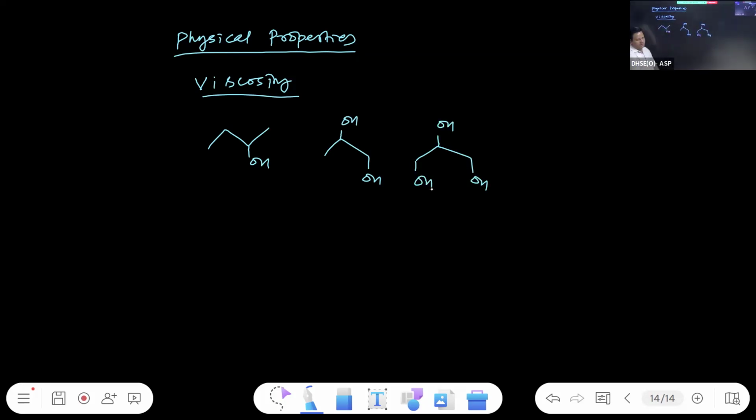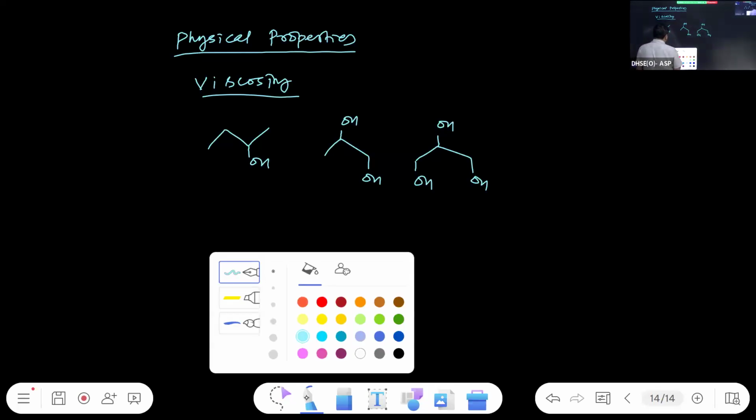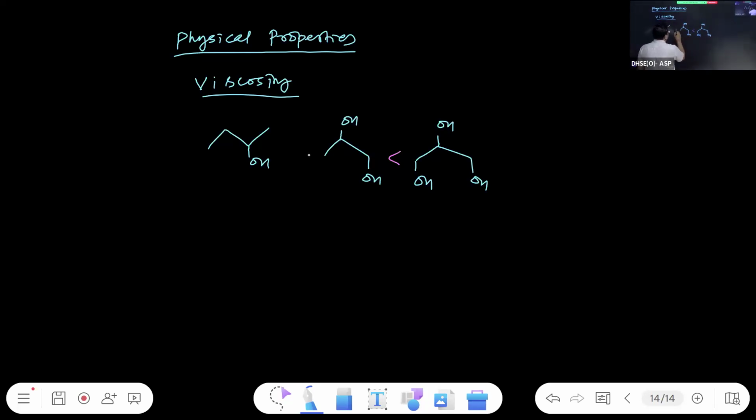Alcohol, glycol, glycerol. Molecular mass is comparable, there is not a big difference. Still, see these three: the viscosity of glycerol is greater than glycol, greater than alcohol. Alcohol possesses the least viscosity among these three. The reason is